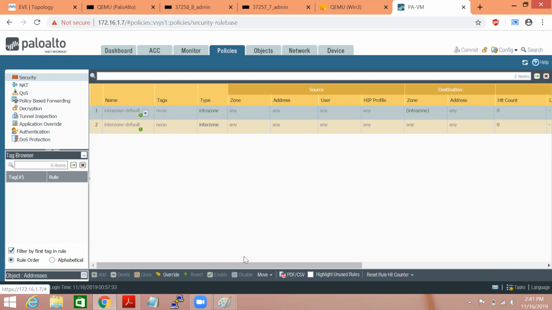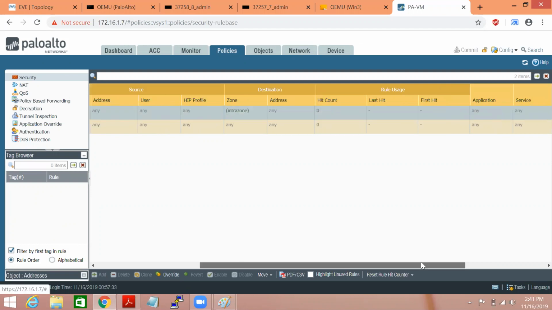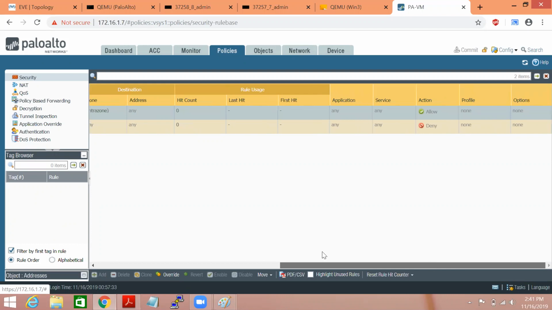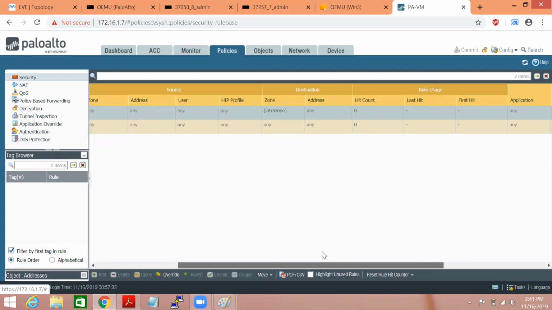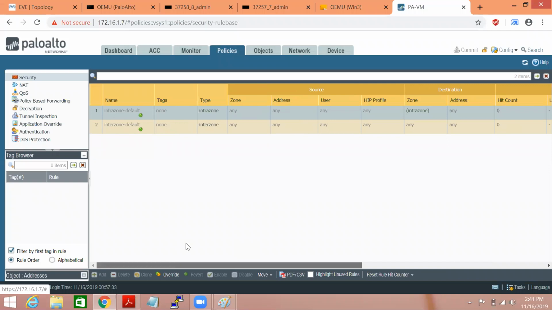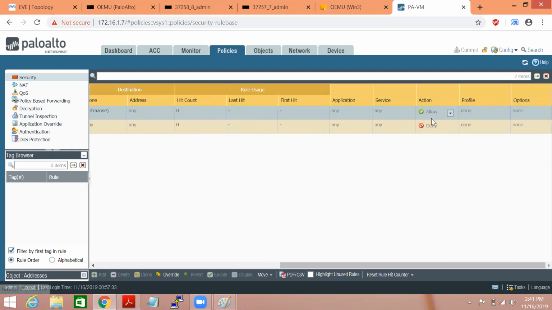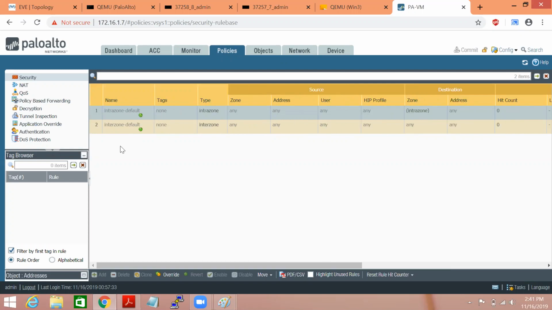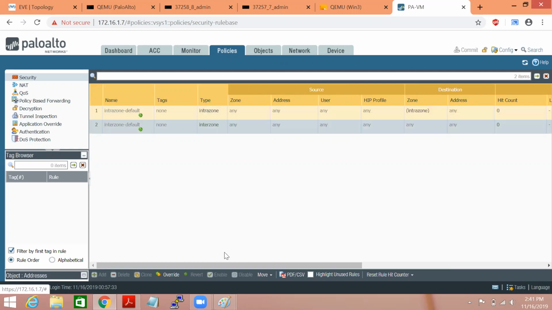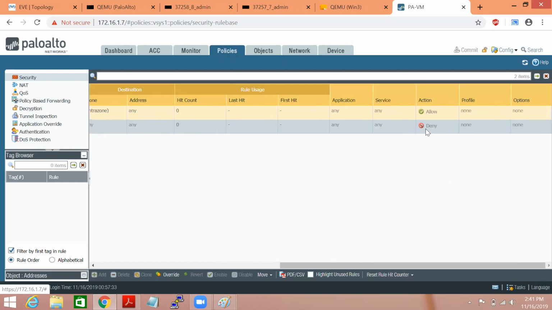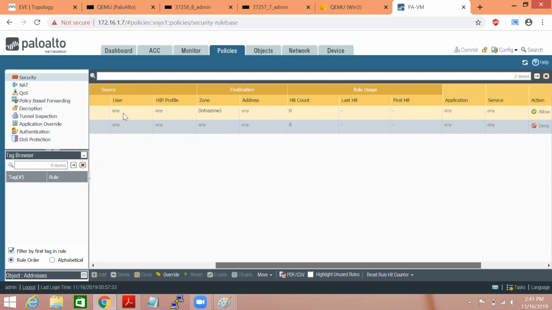The intrazone default policy says allow. That's what I was talking about. Intrazone means from the same zone; if any traffic comes, it will always be allowed. For different zones, it is always denied, and it does not provide any kind of log either.